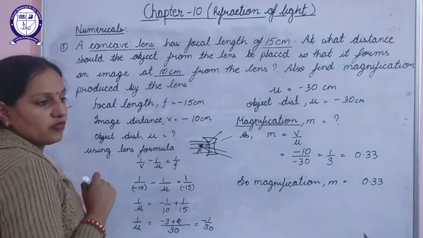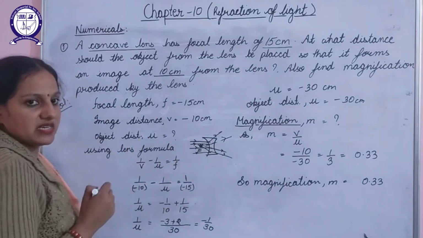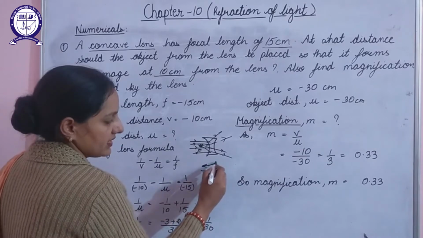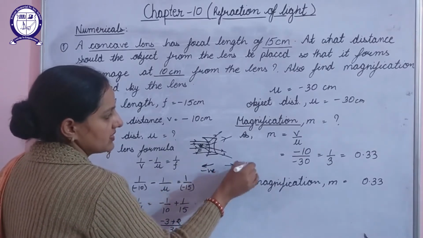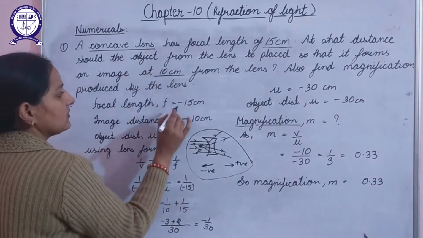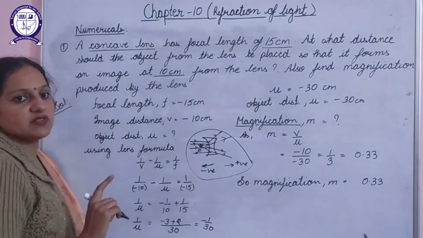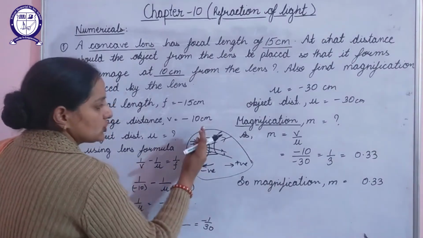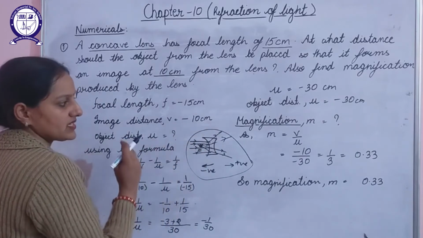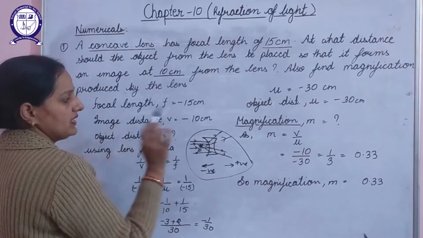So this is the focus here. The focus for a concave lens is always towards the left hand side, and we have discussed that distances towards left are taken as negative and towards right are taken as positive. These things we have already discussed. So focal length for a concave lens will be negative. If we talk about image distance, a concave lens always forms a virtual and erect image, and virtual and erect images are also formed towards the left side. So if the image is formed towards the left side, its sign will be taken as negative. So image distance will be negative.